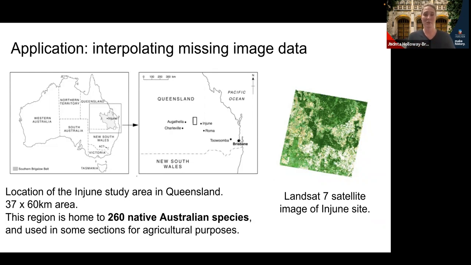So we did this study during COVID lockdown in 2020, and a lot of the work was done. So unfortunately, we weren't able to get there in person, but that's yet another case for using satellite images, because there will be all kinds of reasons that you can't go with boots on the ground to look at an area. So on the right here is just an example of one of the images that we had for the Injune site. And that was from one of the free satellites.